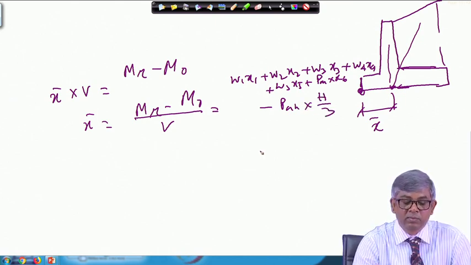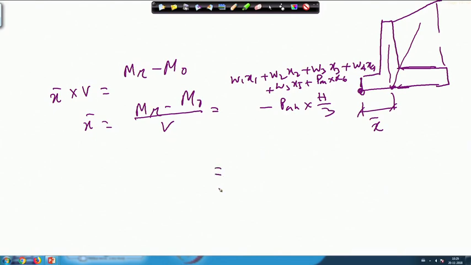If I put all those values, finally the x bar will come approximately